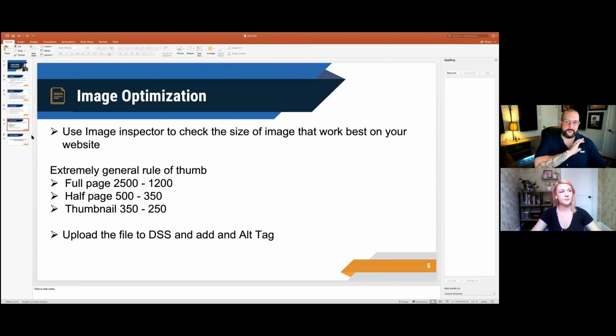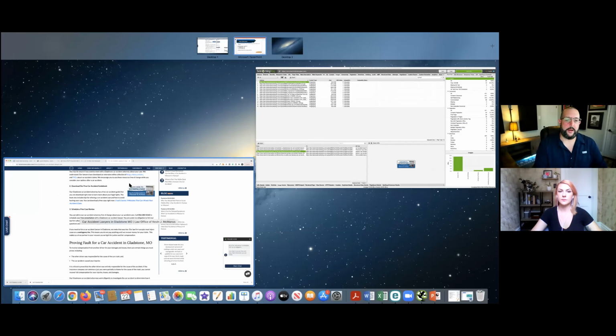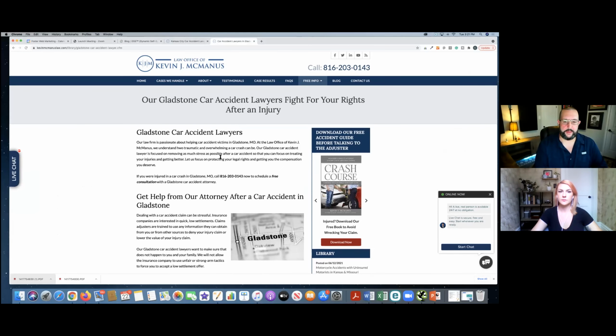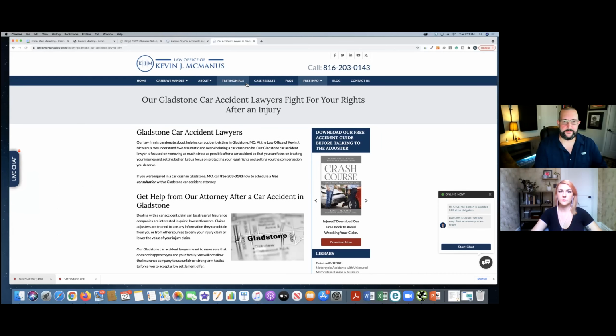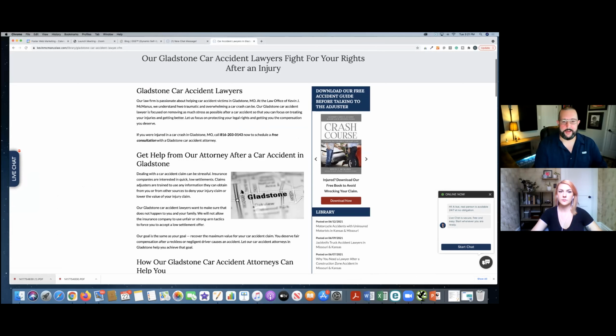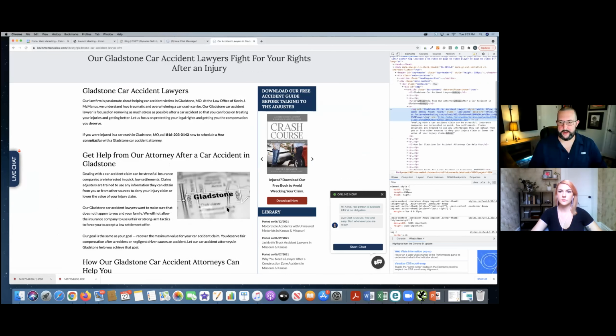This is a true general idea of, like, a full top header image on a beautiful full page site. Maybe you want it a little bit bigger, but the way I prefer to do it is, when you have an image on a page like this, you can always just go in, and this is Chrome, so I just right click, inspect the image, and it'll show you what megapixels